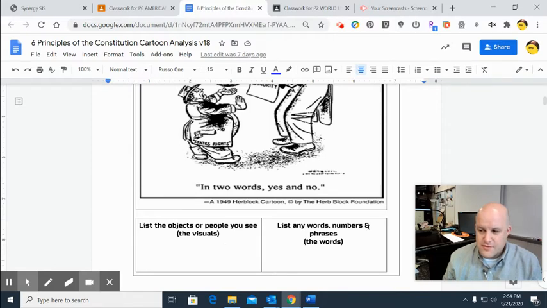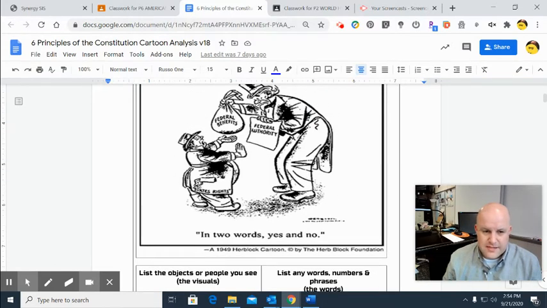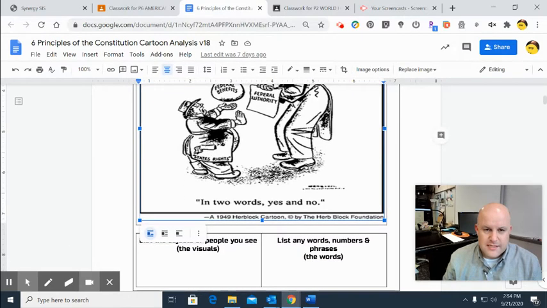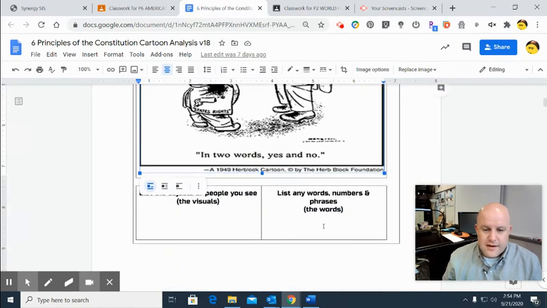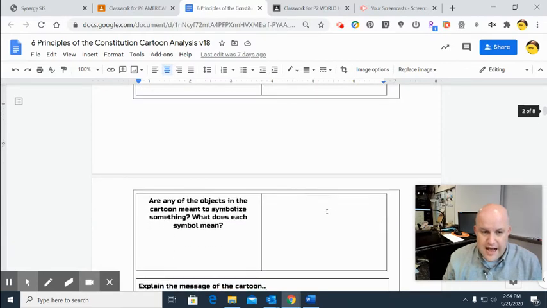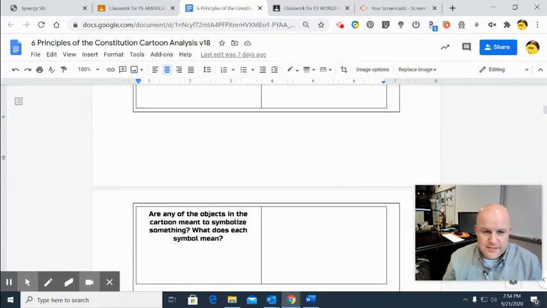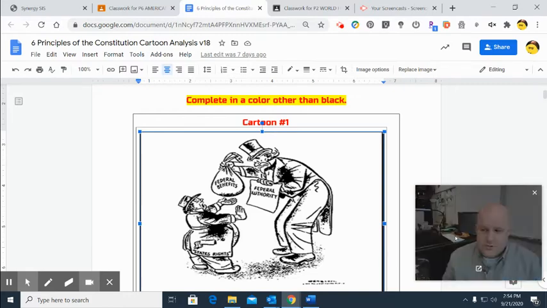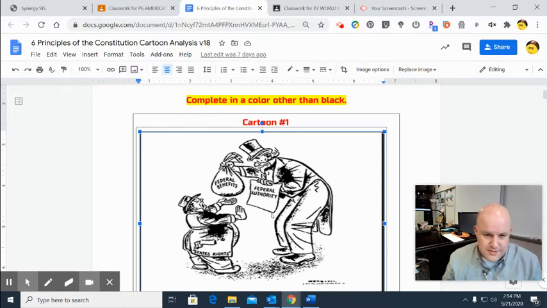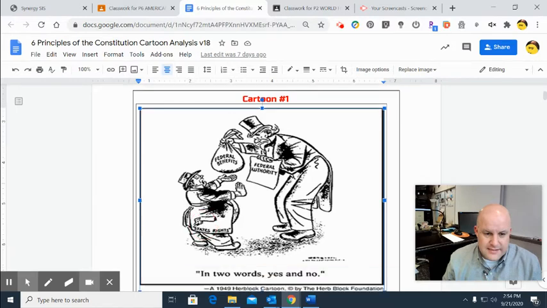You see one person represents the state government, states' rights, and then one person represents the federal authority. Uncle Sam there represents federal authority. Any words or numbers? In two words, yes and no, right? Those would be the numbers. Any objects meant to symbolize something? What does each symbol mean? So the state and federal powers are symbolized here, right? This is the federal powers, the state's rights powers. You see that little state's rights symbol there, that's on his